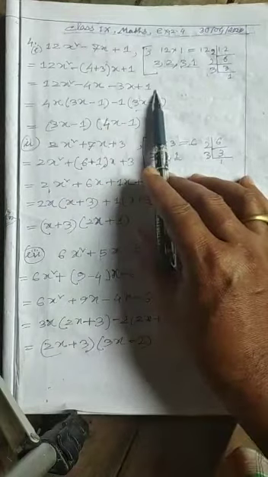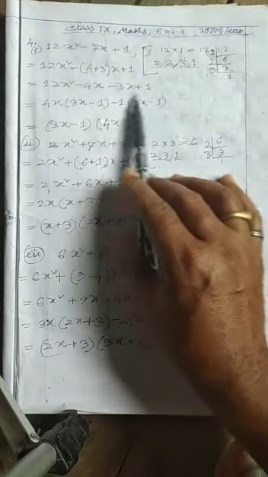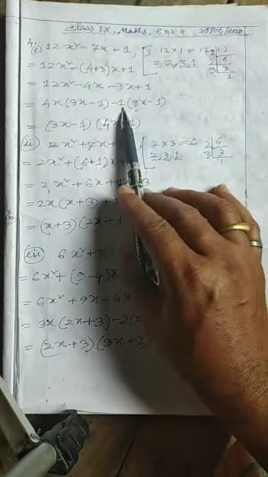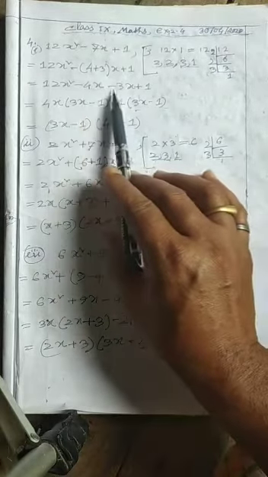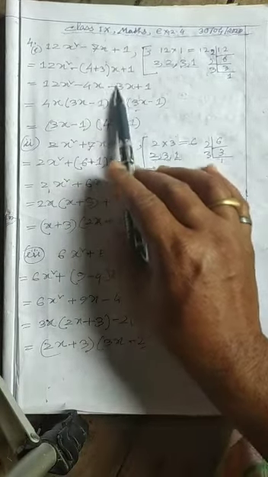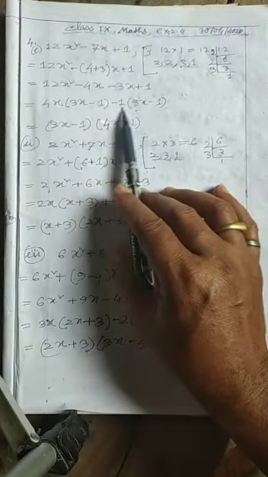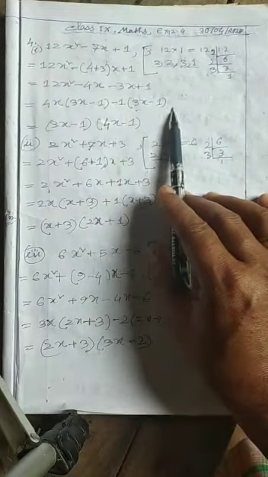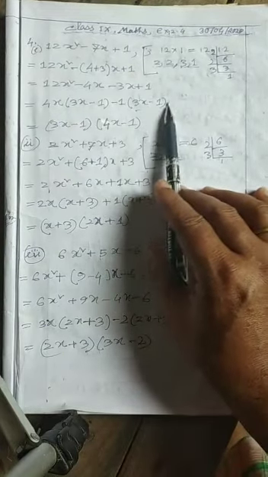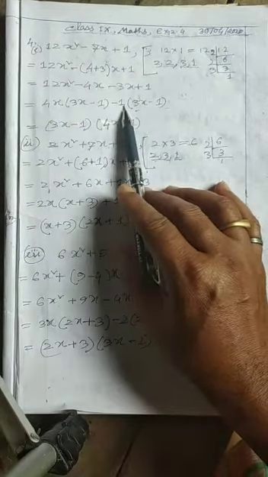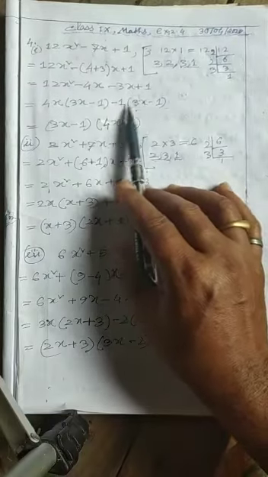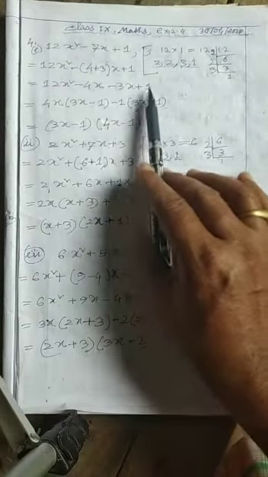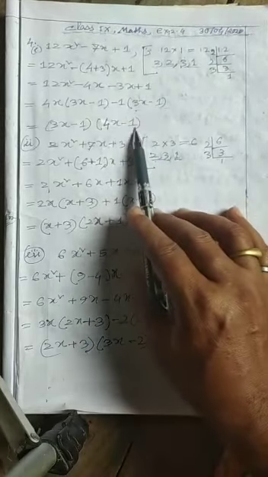From these two terms now you see, there is no common. So you can take common 1. And in the third term, what sign is there? That sign you have to take common. So minus 1 I will take common. If you take minus 1 common, the remaining term will be 3x minus 1. How? Minus 1 into 3x equals minus 3x. Minus minus plus, 1 times 1 is 1. So you will get 1 here.